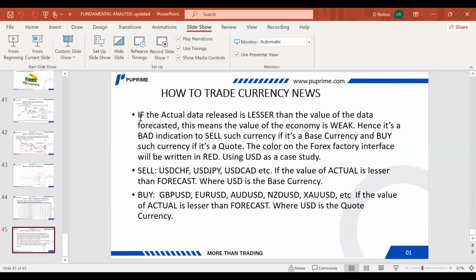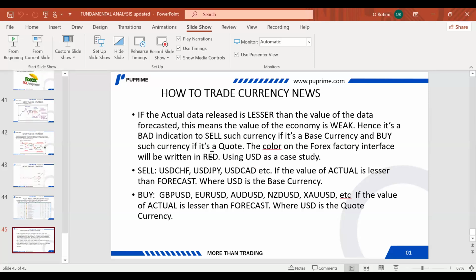Okay, so how to trade currency news. If the actual data release is less than the value of the data forecasted, this means the value of the economy is weak. Hence, it's a bad sign for the currency, so you sell such currency if it's a currency, and buy such currency if it's the forex factory interface